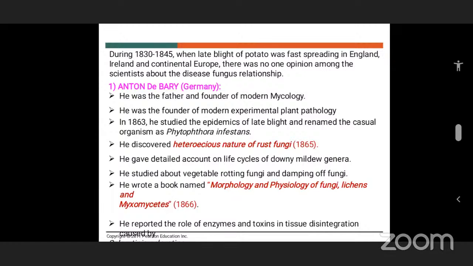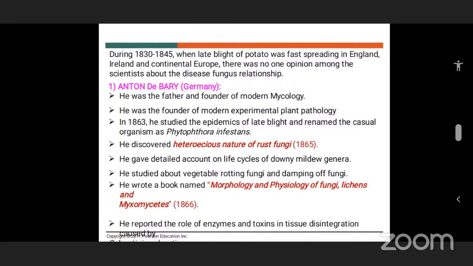tissue disintegration. We already discussed that. Whenever a crop is infected with the pathogen Sclerotium, it definitely causes rotting. For the rotting of that plant, mainly the pathogen is responsible. How is the pathogen responsible? The pathogen produces some enzymes or toxins. Whenever the pathogen releases the enzymes or toxins, there is a possibility of tissue disintegration. Whenever the plant is disintegrated, finally it gives the rotting symptoms. All of these things were discovered nearly in the 1800s,